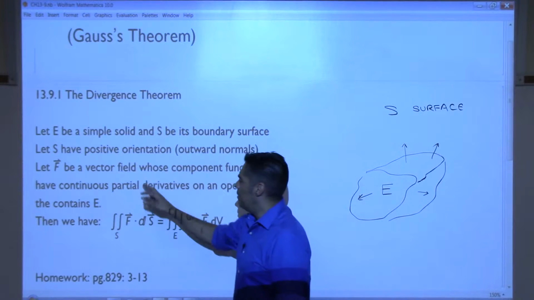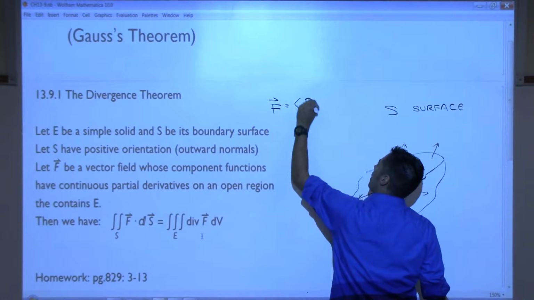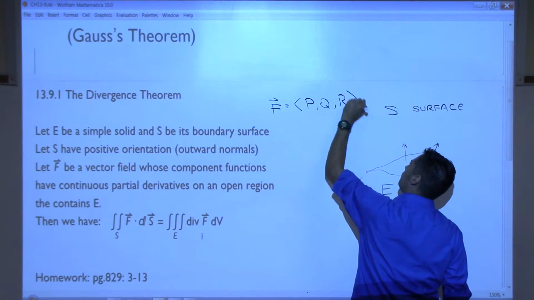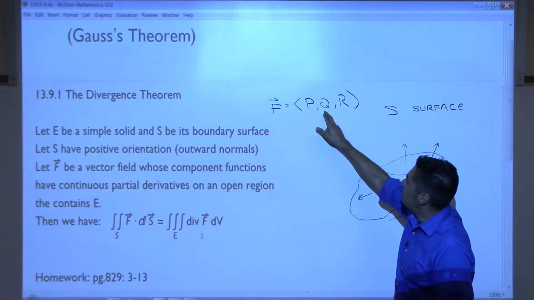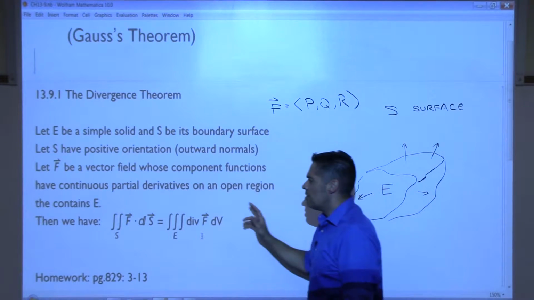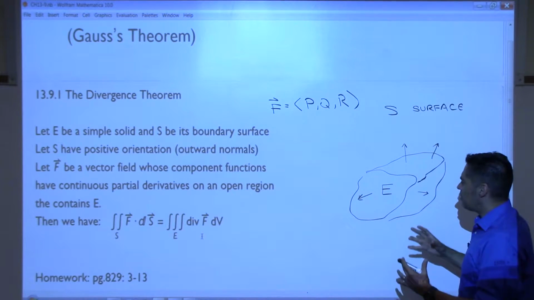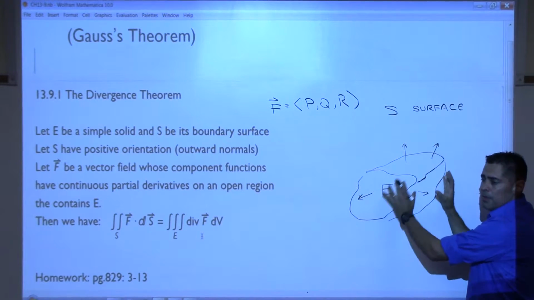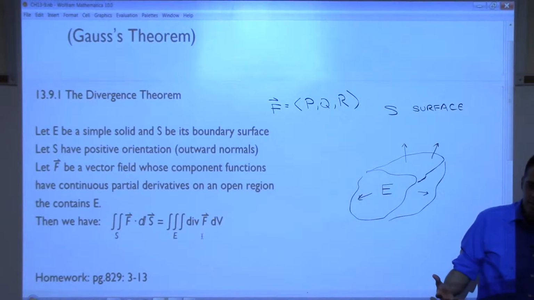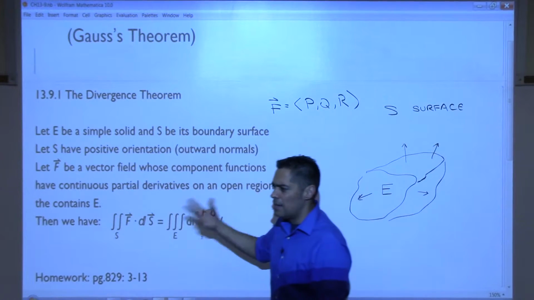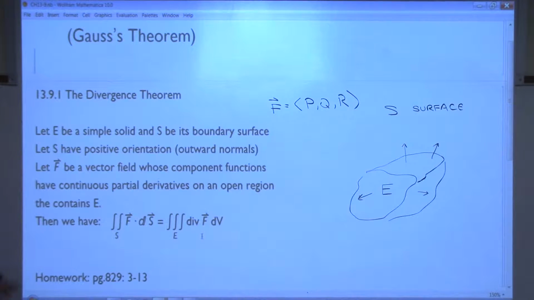Let F be a vector field, P, Q, R, whose component functions, the P function, the Q function, the R function, have continuous partial derivatives on an open region that contains E. Basically that means within this solid, those derivatives have to be well behaved, continuous. When you take the derivative, you don't have any problems: no division by zero, no domain issues. As long as that's the case,